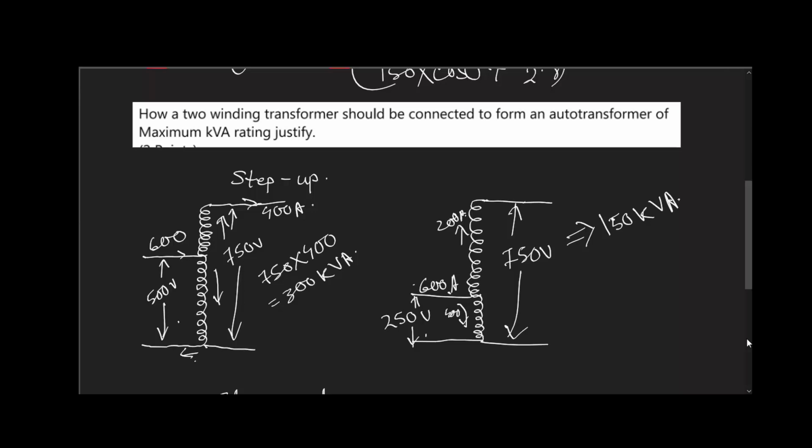For step up it is primary by secondary, for step down it is secondary by primary. So always K becomes something less than unity. So here what we can see, that for this case if you calculate, K is 0.6666 something, and for this case it is 0.3333 something. We can show that the amount of